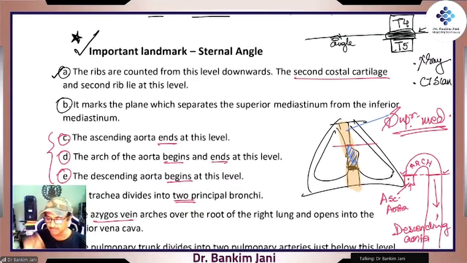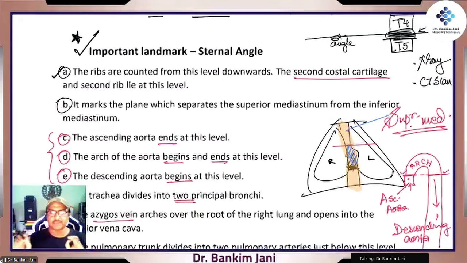Mediastinum is nothing but, simply speaking, the space which is present between two lungs, right? So that's our right lung, this is our left lung. The lungs have got their own area, but then there is a space in between. That is the space in which the heart is lying. There are other structures which are lying there. Major vessels will be lying. Thoracic duct will be lying. So all those things are present in that space.